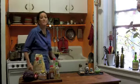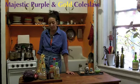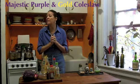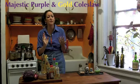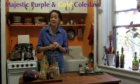Today I'm finally going to make my Majestic purple and gold coleslaw. And I'm going to talk really briefly about the benefits of having some raw food in your diet. Of course there are complete